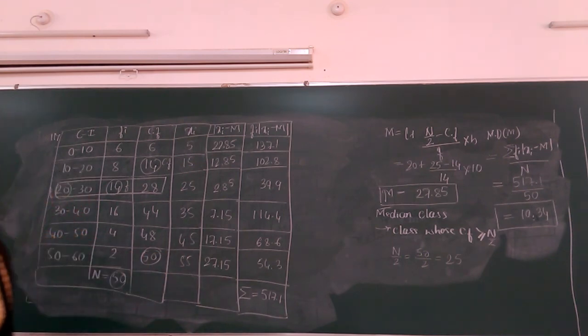Next is our standard deviation. In standard deviation, we will learn one more term, that is variance. Standard deviation and variance go together. If variance is there, standard deviation will be there, and if standard deviation is there, variance will be there. They are always considered together because they are linked together. So this is all regarding mean deviation.